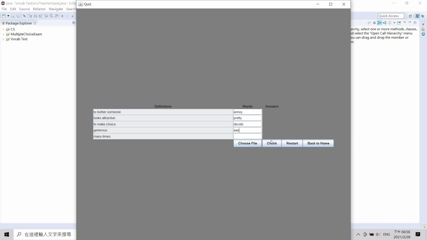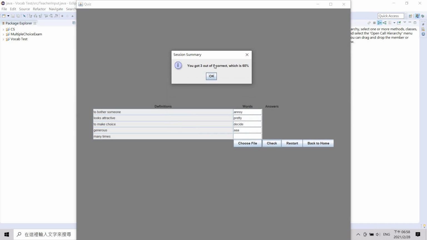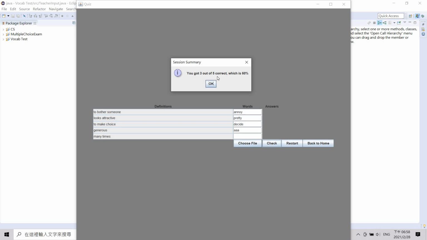And then if you click on check when you're finished, a pop-out window would be shown, and it will show you that only 3 out of 5 of your answers are correct, which is correct. And it will also equate it to the percentage you get, which is 60%, because you got 3 out of 5. And this would meet success criteria 7,